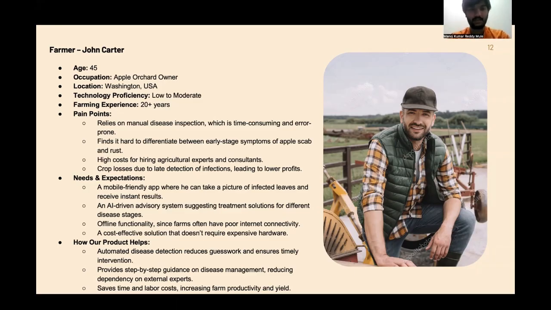And we are using an AI driven advisory system as well, suggesting treatment solutions for different disease stages. How our product helps him is that automated disease detection reduces the guesswork, ensures timely intervention, and provides step-by-step guidance on disease management. And coming to another persona,